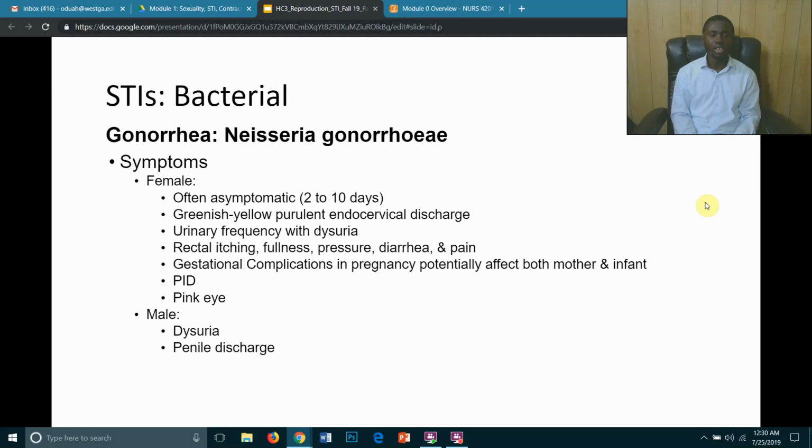On the other hand, women may report a change in vaginal discharge, which may be yellow-green, profuse, odorous, which means foul-smelling, urinary frequency, or painful urination. The cervix and urethra are the most common sites of infection, and anal manifestations may include itching and irritation, rectal bleeding or diarrhea, and painful defecation during the passage of bowel movement.